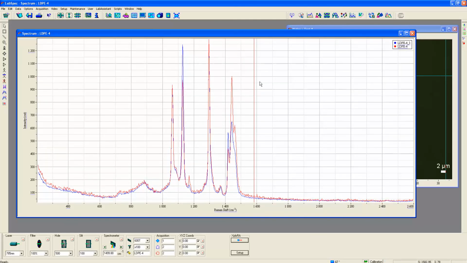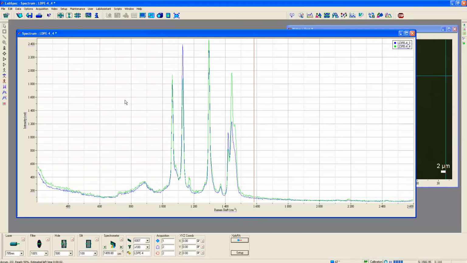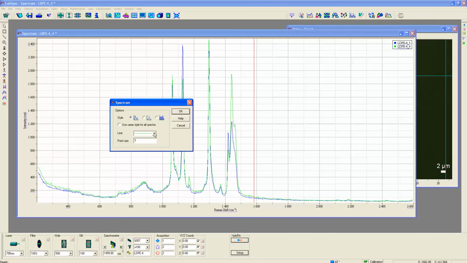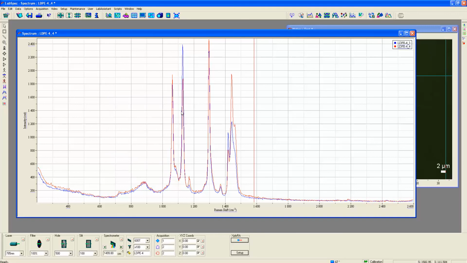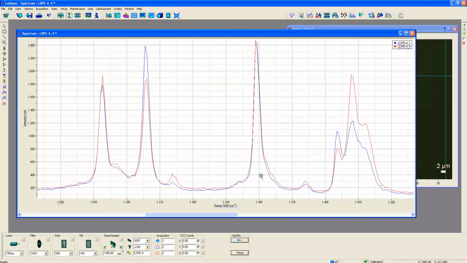All right, let's stop the real-time display, acquire a spectrum of this unstressed sample, and again, for clarity, I'm going to change the color here so that you can see the contrast a little bit better. I'm going to change that to red, and also I'm going to zoom in on these bands, and there you go. And you can see the differences. If we normalize to this band at around 1295